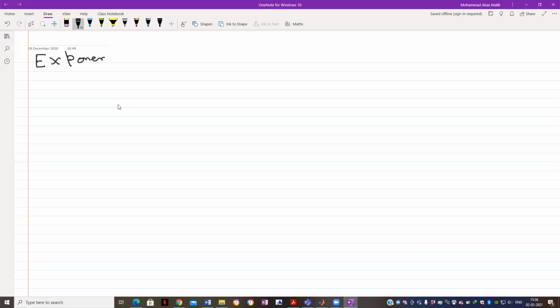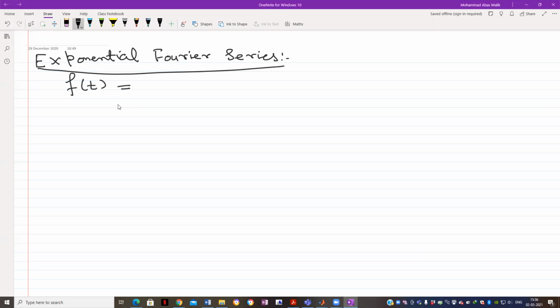Exponential Fourier series. So by definition, f of t is equal to the summation of n from minus infinity to infinity of c of n e raised to the power j n omega naught t, and this will be periodic from minus infinity to infinity. That means this is periodic